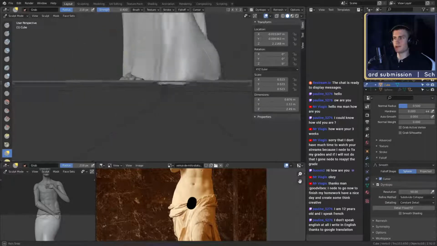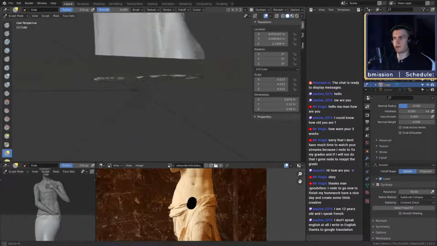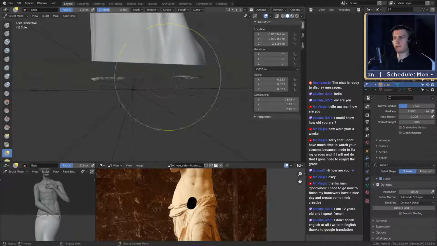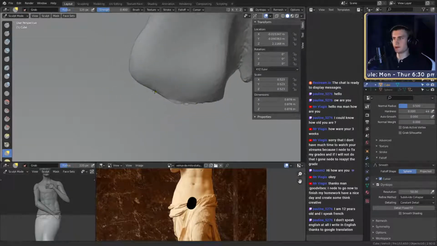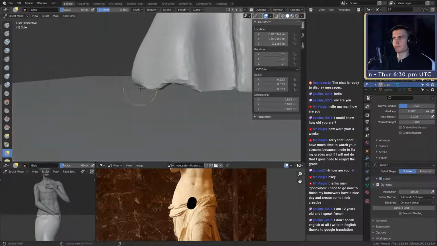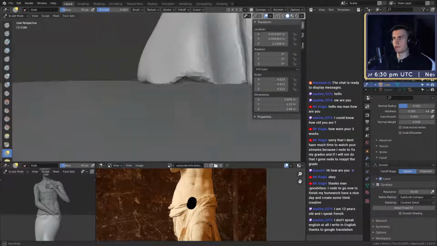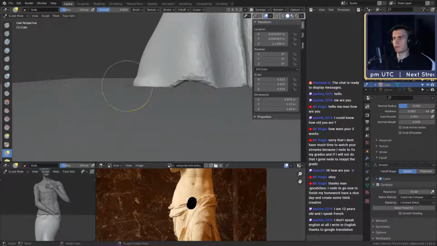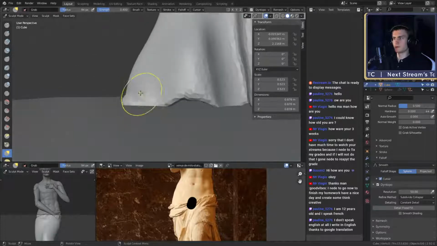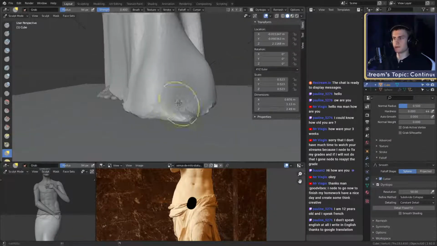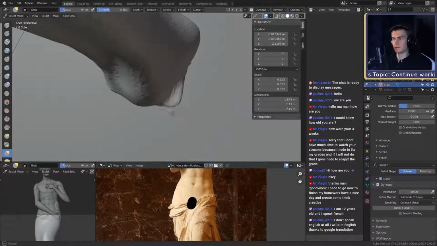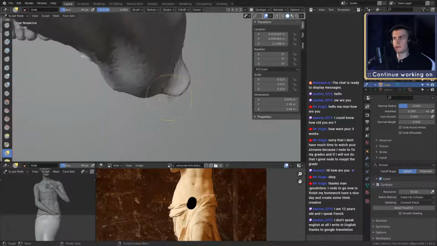The cloth should be lying on top of the plane. So let's fix that real quick. We can probably just pull it out. There you go. Should be lying flat on the ground. So we have to push it down a little bit. Perfect.